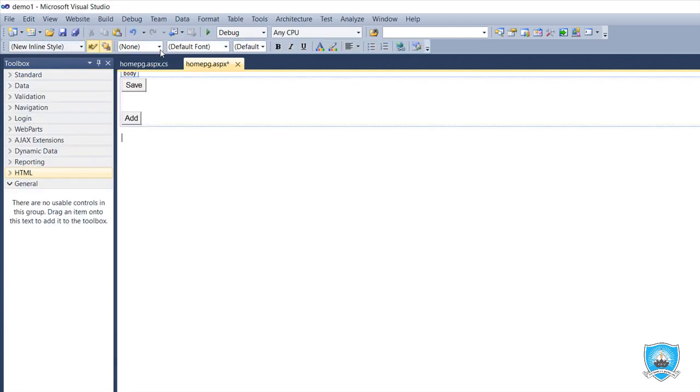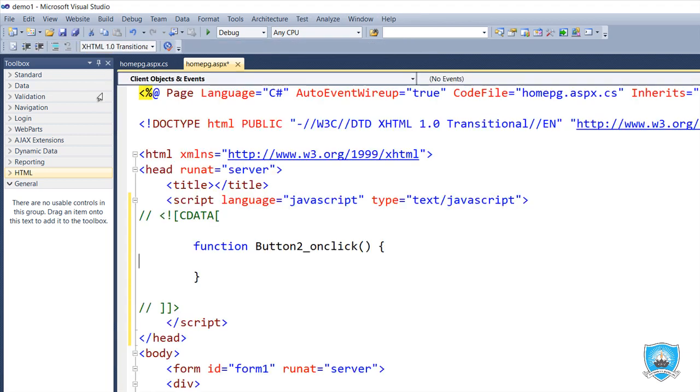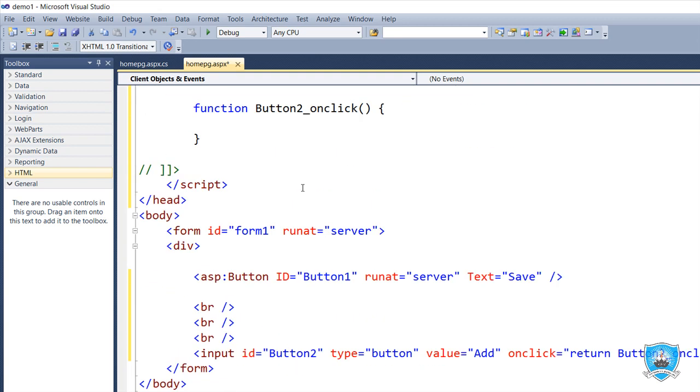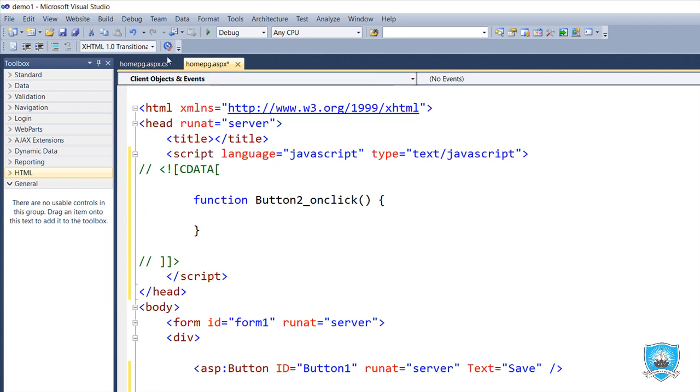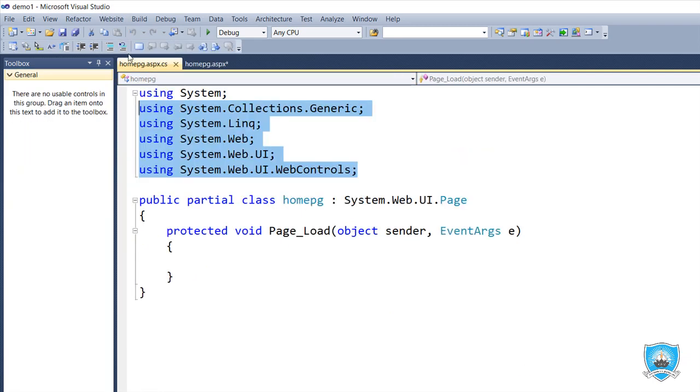I go to design view again, and when I click on HTML, this is the HTML button and this is the standard button. So I go to HTML, and when I click on the HTML button, you will get a function along with the source code. This is the source view, and the extension of source is nothing. But yes, when you go to the code view,